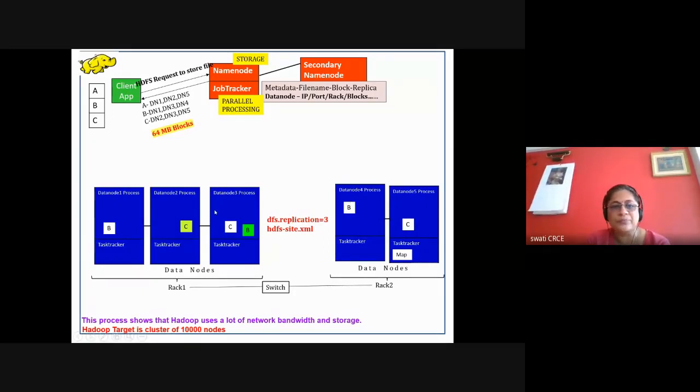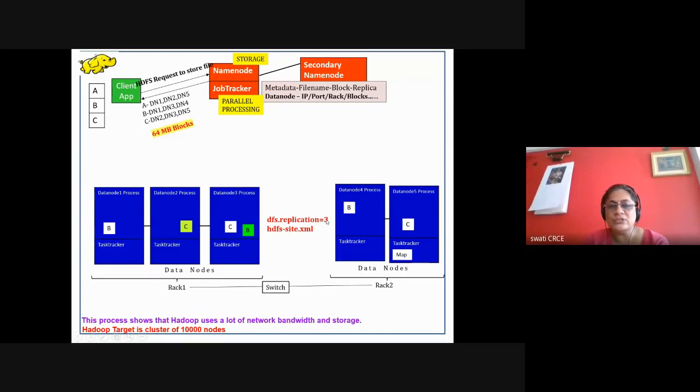I have numbered them. So this machine is a data node DN1. This machine is DN2, DN3, like this. So it takes a decision that 3 replicas should be stored, because the cluster administrator can do some settings in a particular file of this cluster, the hdfs-site.xml file, and in that file there is a dfs.replication parameter. So you can set this parameter.